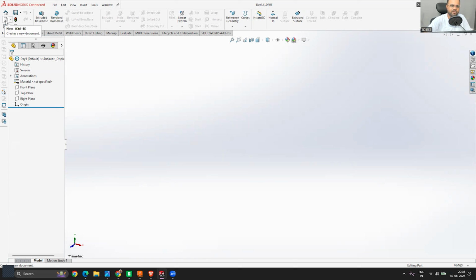Now then, the next option is to open a new file, which we can also do from the home, or we can also do it from here. Then we have this option to rebuild. The rebuild is a very important tool, but it can only be used when we have multiple things in our design. But right now our design is empty, so I'm not going to explain what it can do.